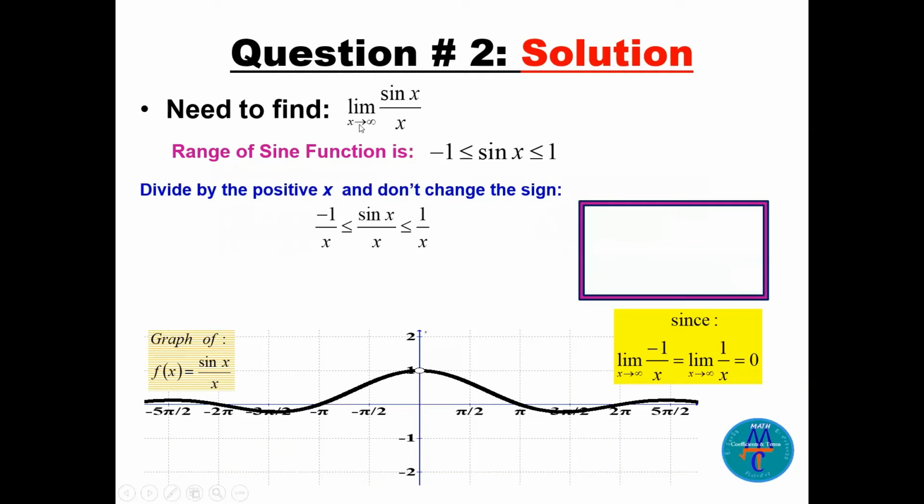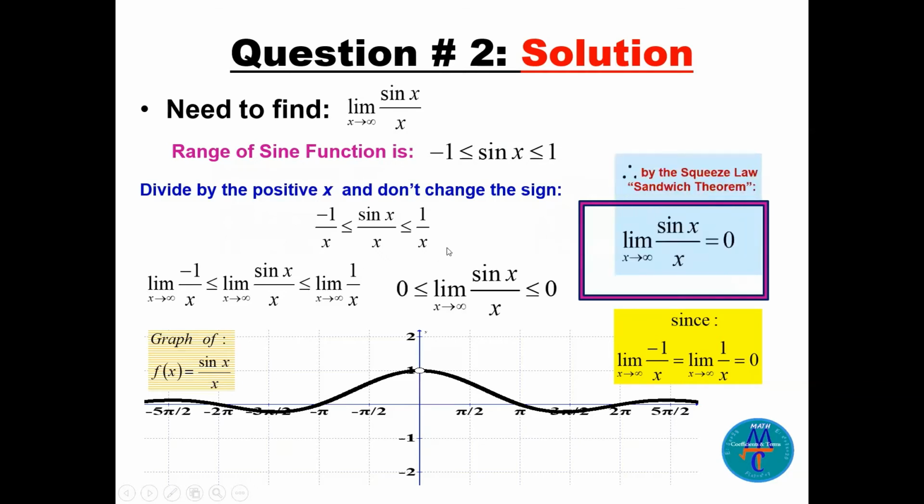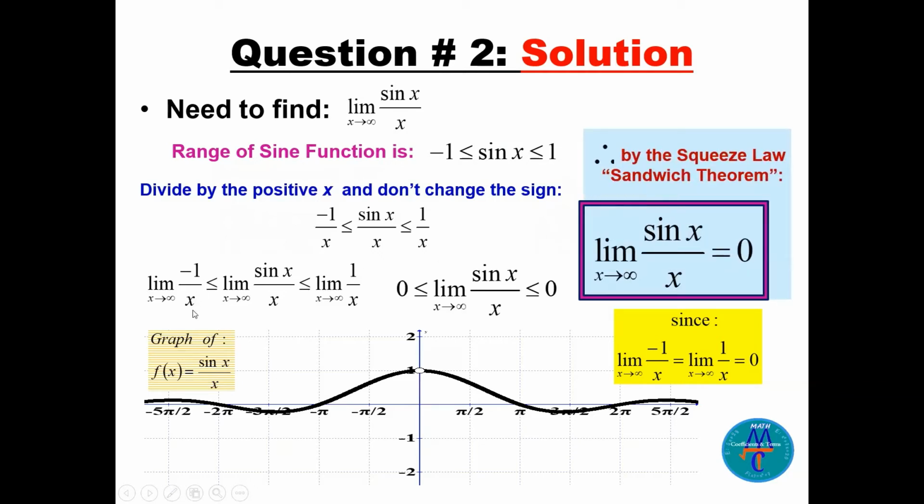Now x goes to infinity means x goes to plus infinity. So we can divide each side here by x, which is positive, so we do not change the sign. Now let's take the limit of these three. We know the limit of